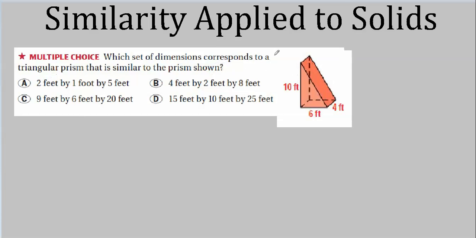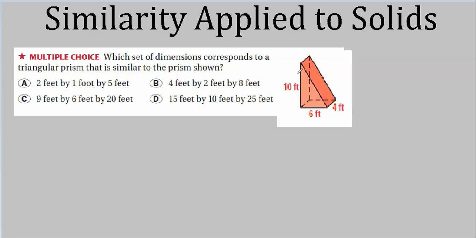For instance, check the largest of these, because that doesn't change. After all, if we multiply this by some number, and it has to be the same number, k, it'll be k times 10, k times 6, k times 4. Well, k times 10 is still going to be greater, assuming k is positive, and we're not dealing with negative scales. So if k is greater than 0, then k times 10 is still going to be greater than k times 6, and k times 6 will be greater than k times 4.